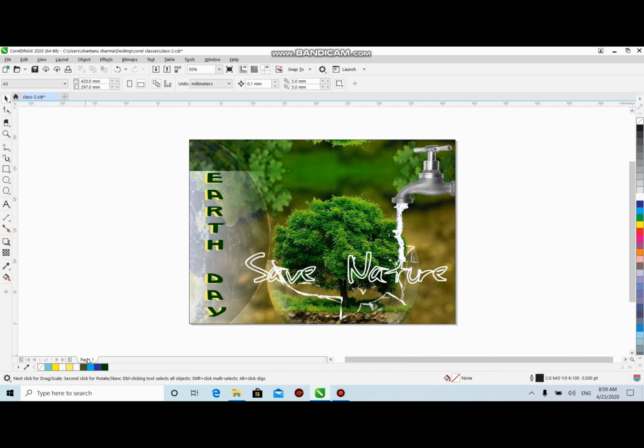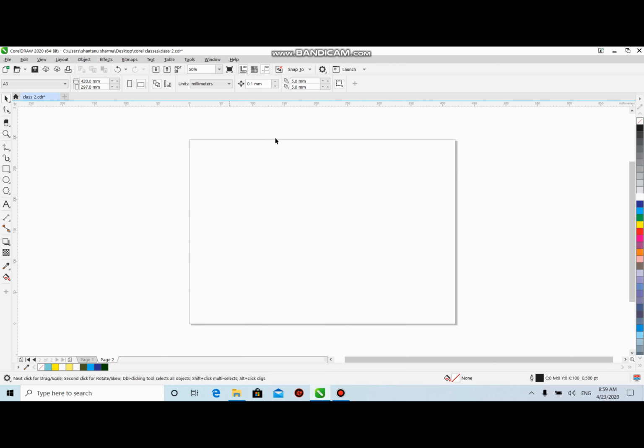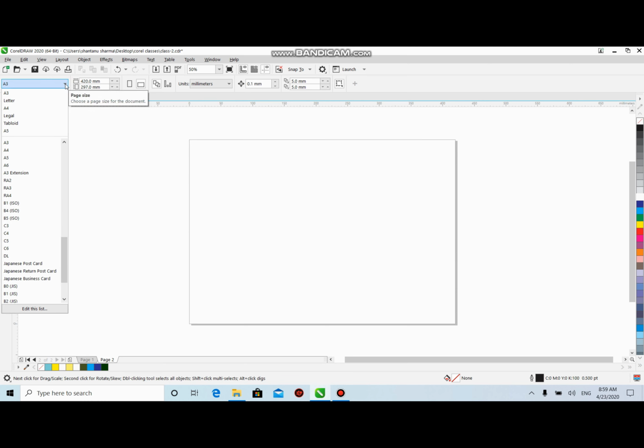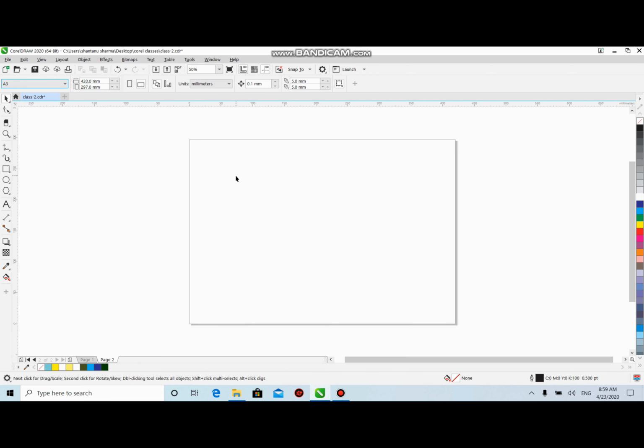This is page number 1. Let's go to page number 2, on which I will tell you how to take pictures. Right click on it and you can see in the drop down there are so many options: rename page, insert page after, insert page before, duplicate, etc. We'll go on insert page after and you will get another page and a working space over here. I have taken A3 size, as we discussed in our previous video how to select the size of the page. So this is the A3 size page. Okay, so now let's begin.